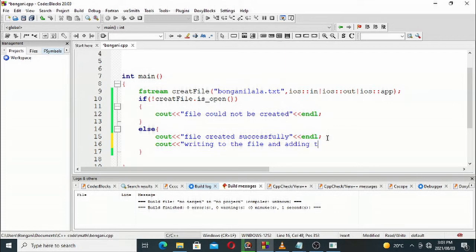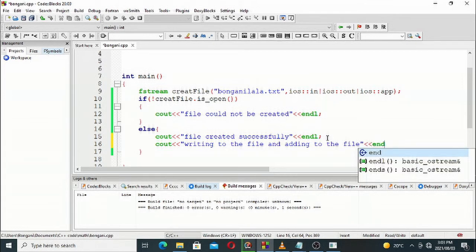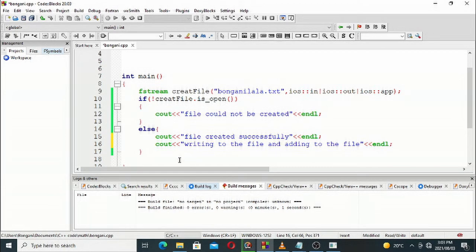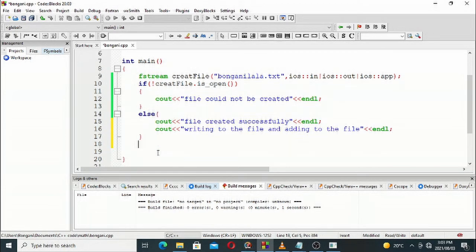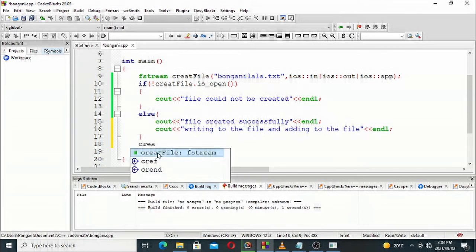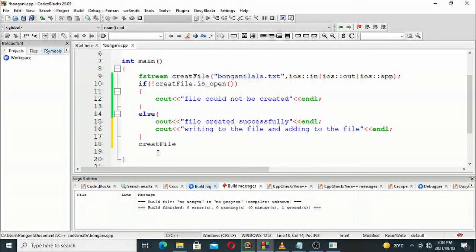So we're going to output, say cout, writing to the file, right? And adding to the file. Want to write and add, right? Want to be able to do both of these things. Want to add. So